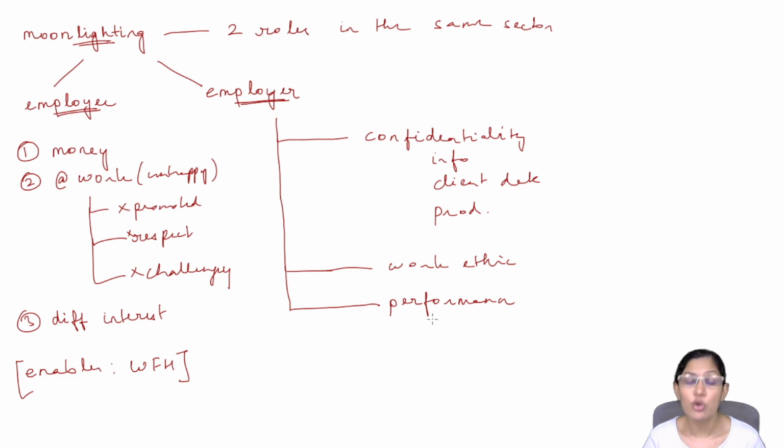There could be a lot of things over and above our actual work which companies expect people to take up, and people who are doing two roles will obviously not be volunteering for these. So the overall motivation or the overall performance itself could come down. There are also other issues like this person could try to get other employees also to work in the second company, and so on and so forth.